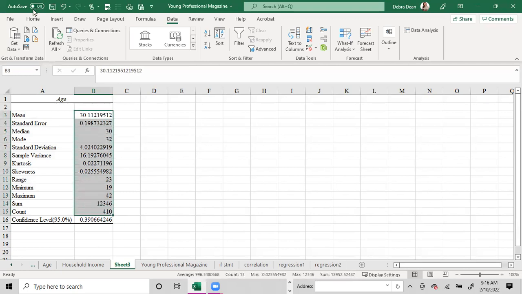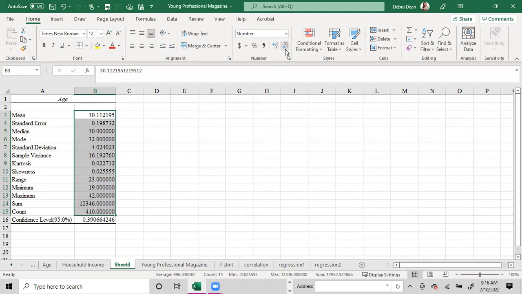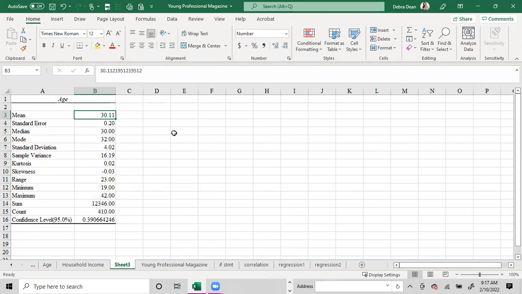I wouldn't present it this way because that's too many points after the decimal. So I would definitely clean it up a bit. Some people use two numbers after the decimal. Some people, especially for age, will just use the whole number. So that's up to you how you want to present it, but just clean it up a bit. And we'll talk more about what each of these are in just a minute. But let's go back to age and take a look at, does that really give us? So really all we're finding out here is that they're about age 30, and we have people between ages 19